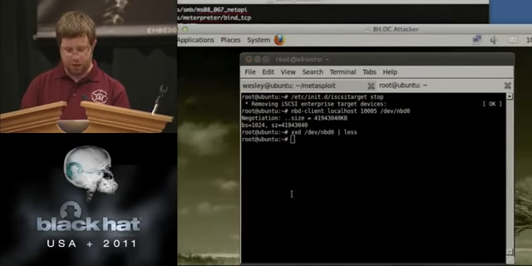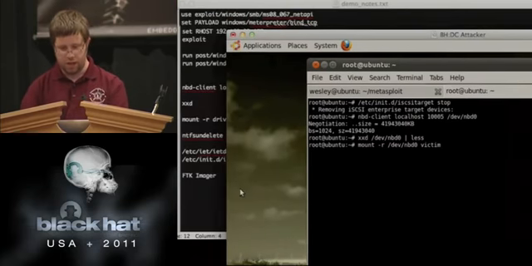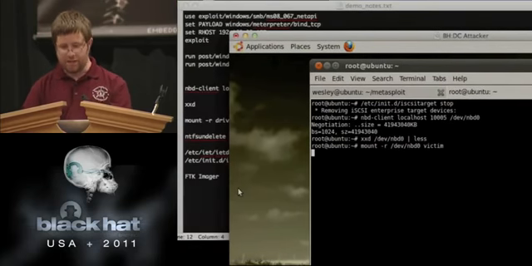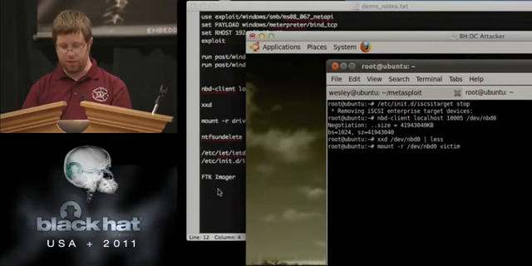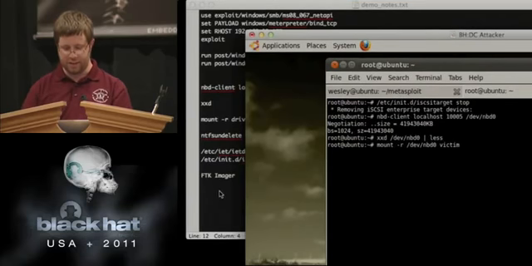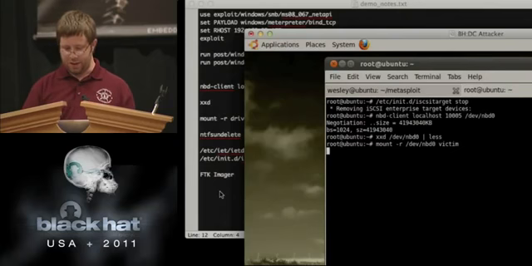But what we are going to do is we're going to mount this. So we can mount this read-only to the victim mount point that I have in this directory. And you'll notice that anything that accesses the drive through this is a little bit on the slow side, but it's worthy of being called interactive, at least. It's going to embarrass me by taking even longer than it usually does.